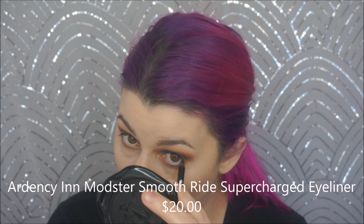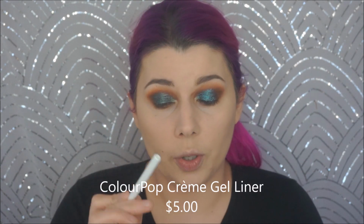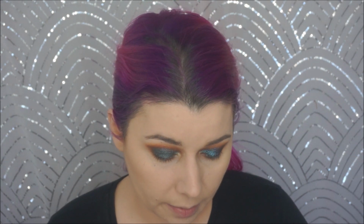Pretty close. All right. Now for eyeliner, I'm going to use the Ardency Inn Modster Smooth Ride Recharged Eyeliner. This was a recommendation years ago from Jaclyn Hill that she swore by, and I fell for it, and I really like it. Really nice black that stays all day. And on this side, I'm going to use the ColourPop Gel Liner in Swerve, which is just a nice plain black. Now I will say the Modster definitely stays a little bit better,